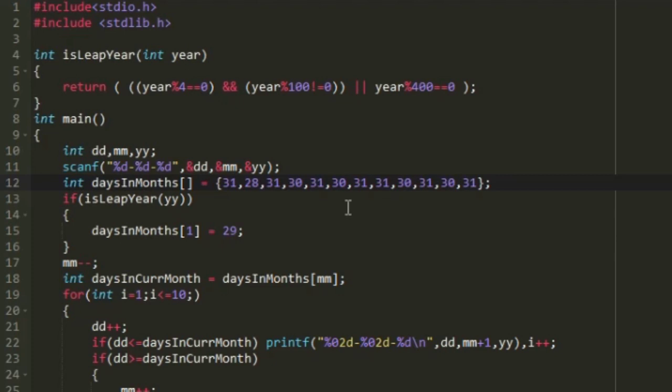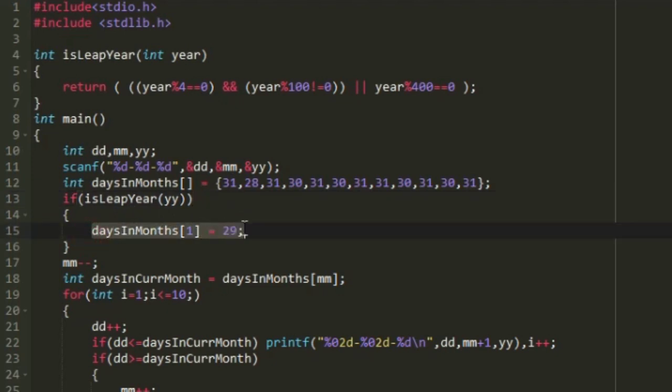Now in this array we have to update the value of February only when the year is a leap year. So after initializing this array I am going to check whether the current year is a leap year or not. To do that I am going to make use of the function isLeapYear. We have already seen how this function works, and in the arguments we are passing the value yy.